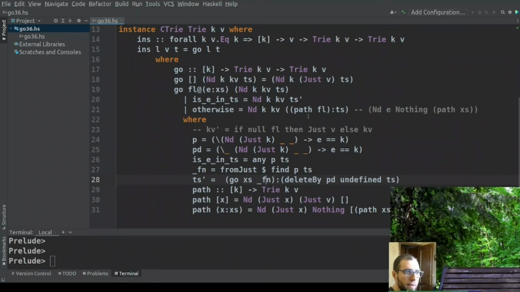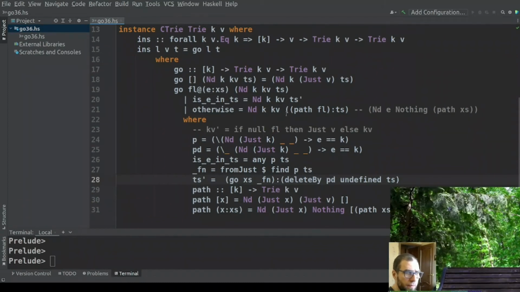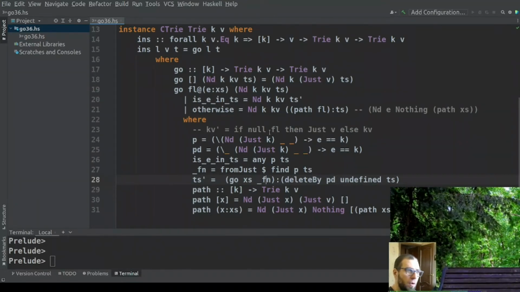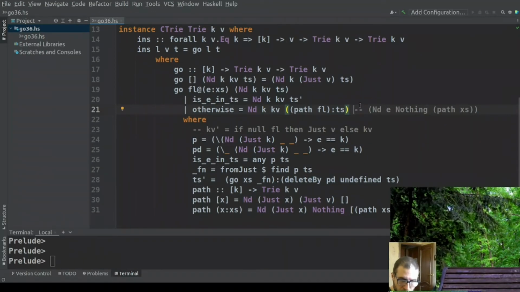Okay, and the second case is what if our element is not in the list? In this case, we can say that we don't need to do any modification of this subtree because it is not present there,